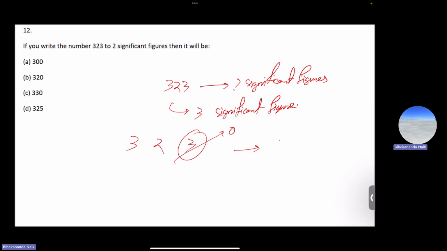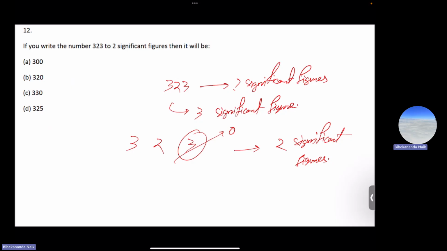Then it will have two significant figures, because we know all the trailing zeros are not significant. So if we replace this 3 with 0, it will have two significant figures. But the question is, when we replace this 3 with 0, do we need to